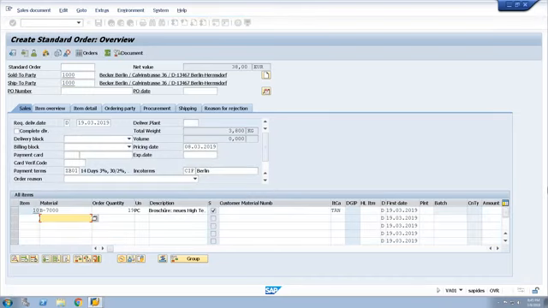You see, the item number and the quantity, everything has been copied. We haven't entered it, right? So where is this coming from? It's coming from the item proposal.